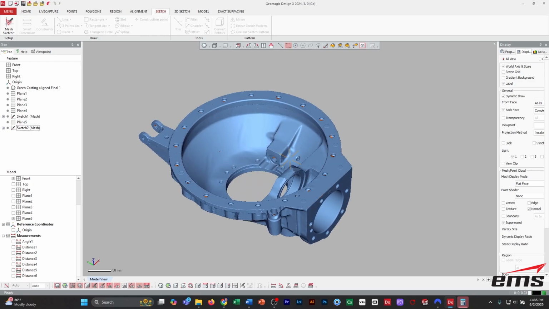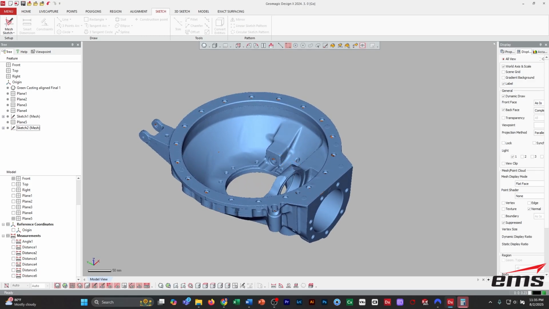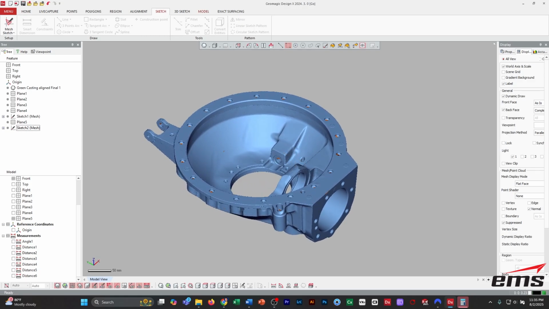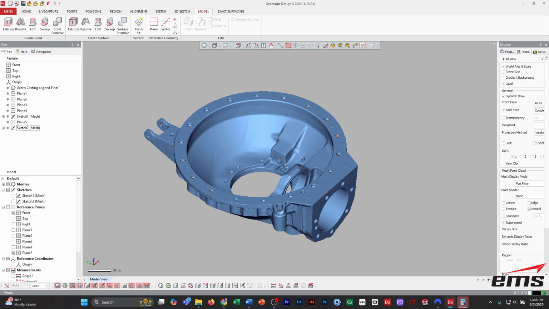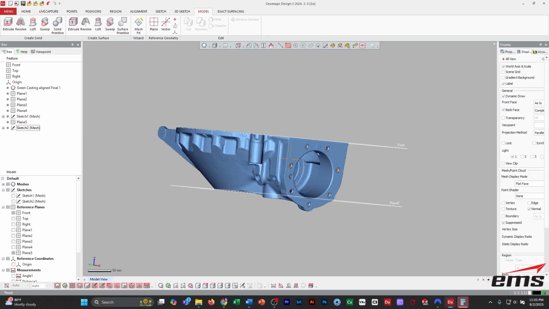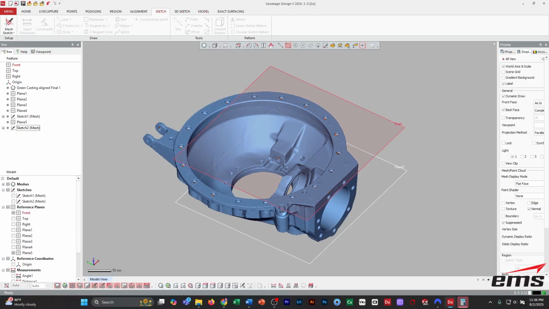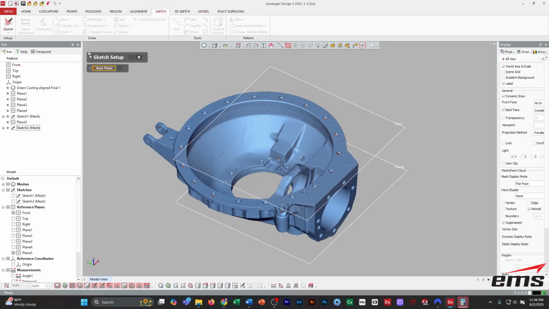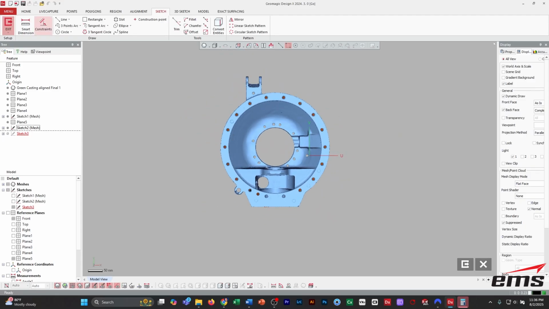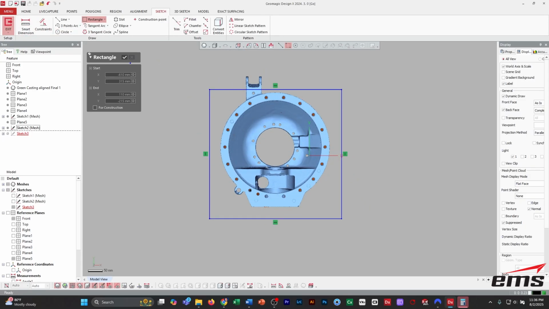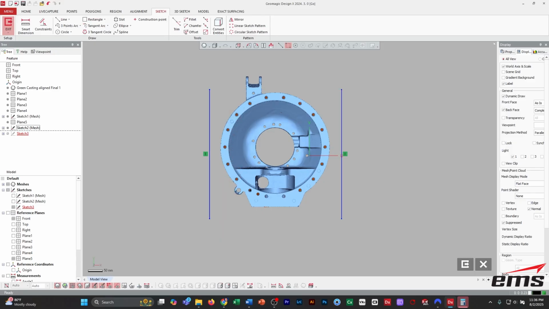All right, so let's say we want to measure flatness on something. Well, there's a way we can do that by actually modeling. So let's go back to our planes and turn on that top plane, which we know is sitting right there. I'm going to go into sketch. It doesn't matter, I can just use normal sketch. I'm going to draw a rectangle, something a little bit bigger than that bottom, and then get rid of two of the lines because I just really need